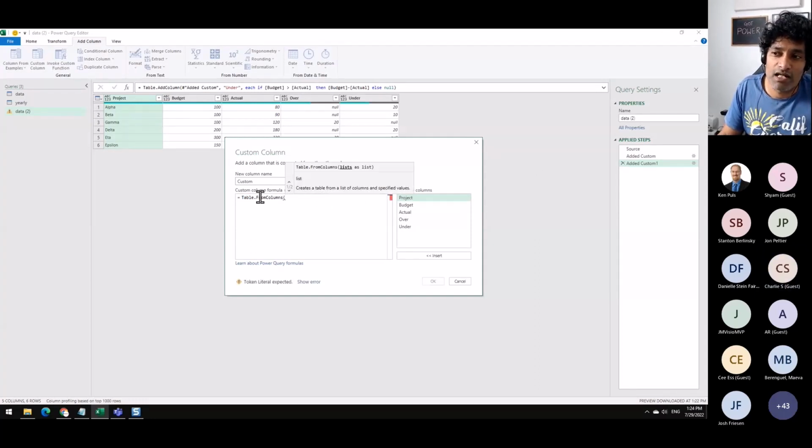And if you don't know exactly how this works, you can, at this point, click on Learn About Power Query Formulas, and that'll take you to the Microsoft Help website. You can see some syntax and examples there and then learn it. As I said, this is something that you may not use on a day-to-day basis, so there is no value in remembering or memorizing this. You can just search it up.